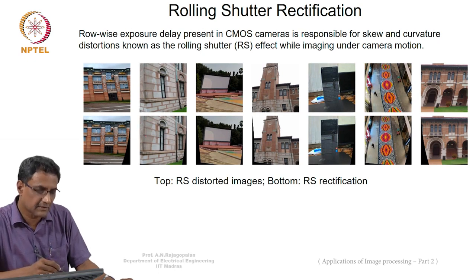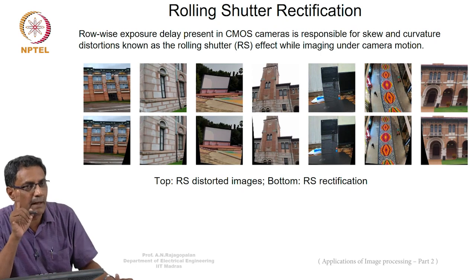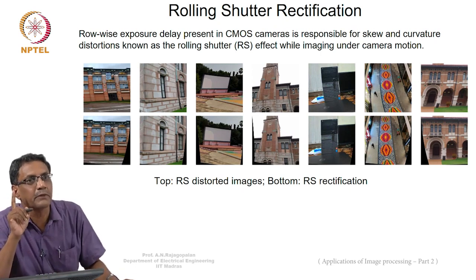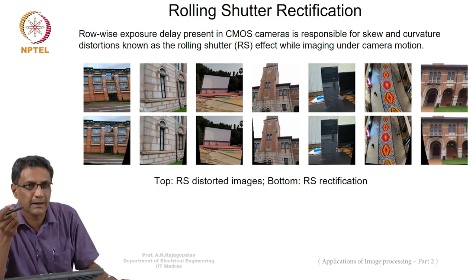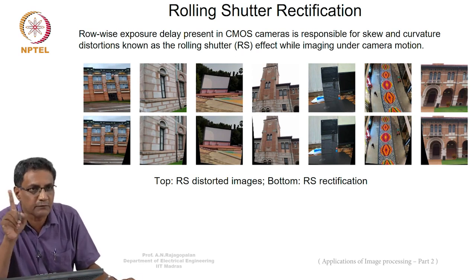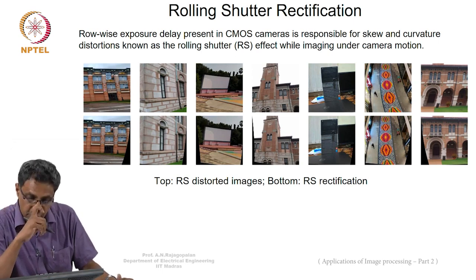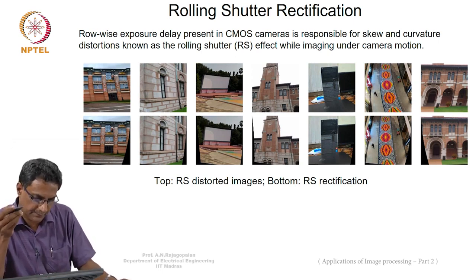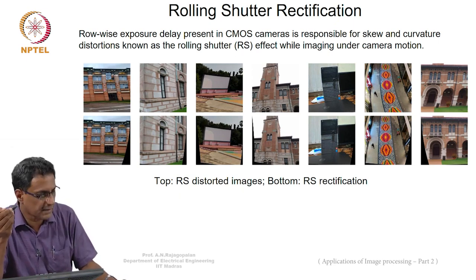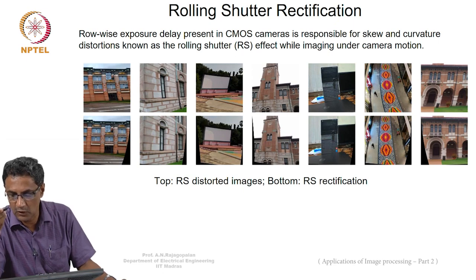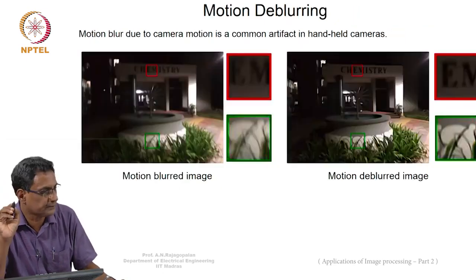See this kind of pillar here that has come out bent. This will happen only if you have a rolling shutter camera. And this is happening because the camera has moved. The building cannot move, right? So the camera has moved, and therefore it has introduced, sort of, a distortion. This is called a rolling shutter effect, and therefore people have to work on this. This is a very, very important problem. This almost always happens, especially if there is significant motion. Otherwise, you can ignore it.